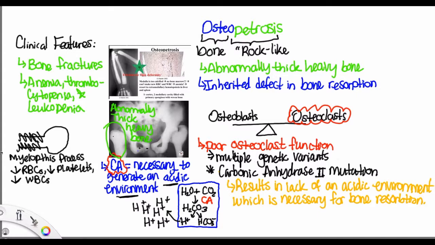low white blood cells. These individuals end up with extramedullary hematopoiesis, so blood cells are going to be made outside of the bone marrow, either in